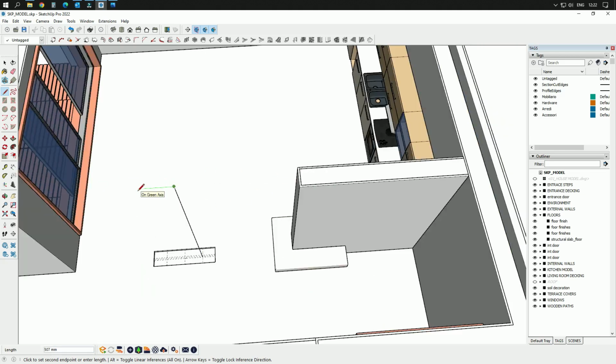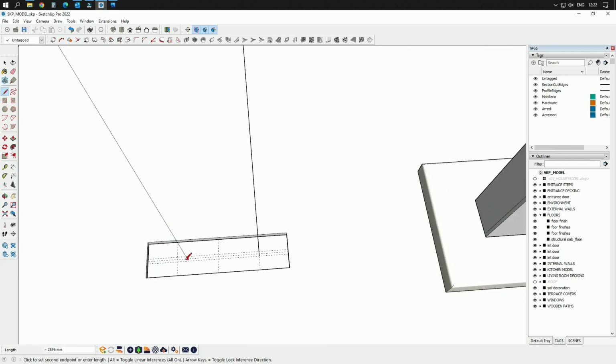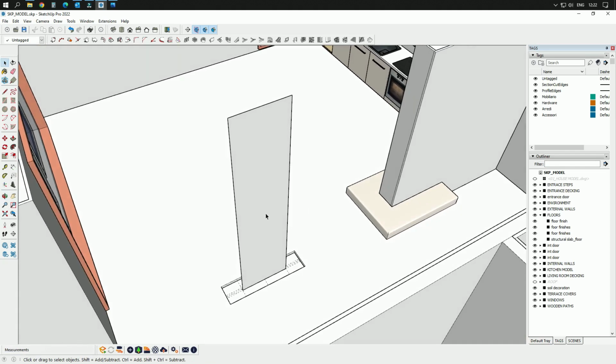Then I will lock this direction up to this point here, then here, and now I have a face. Now I can select this face, and by using this tool here I can create a wooden frame,